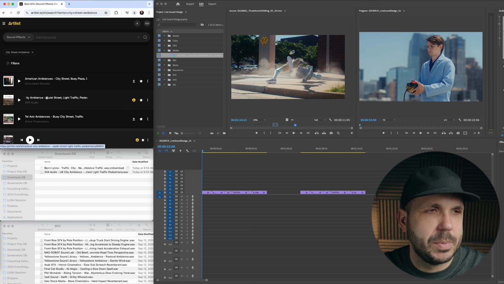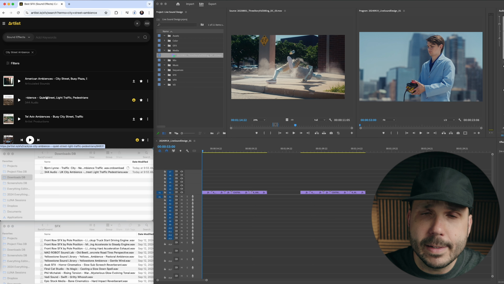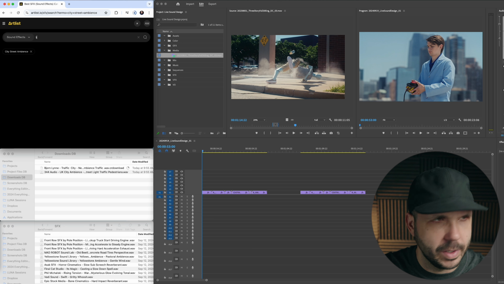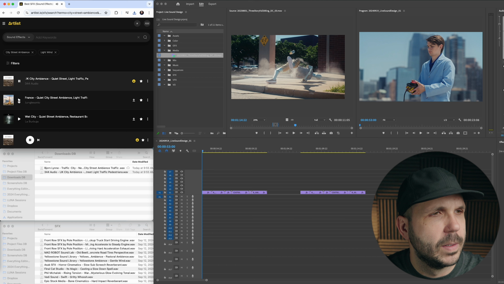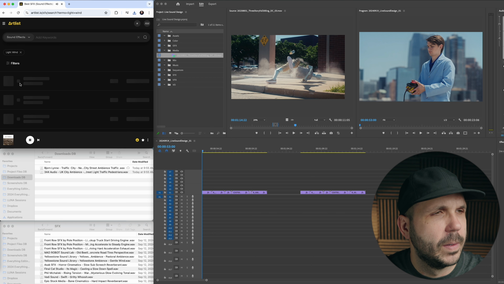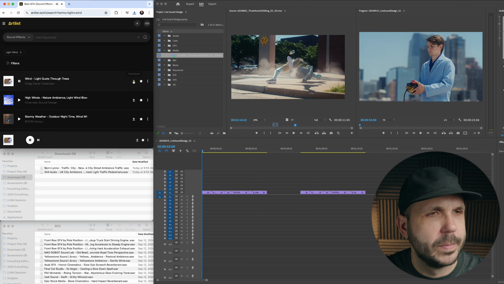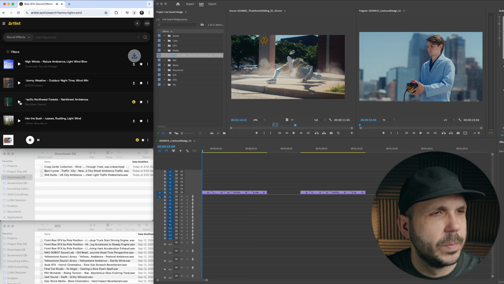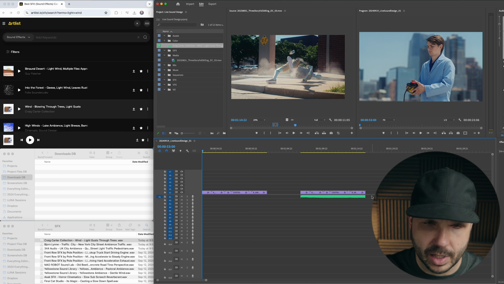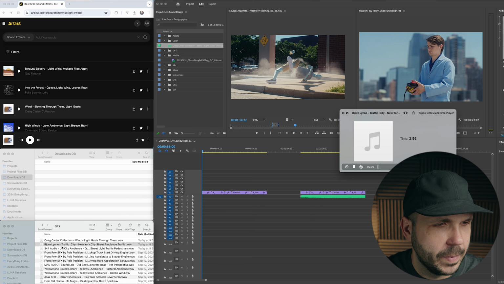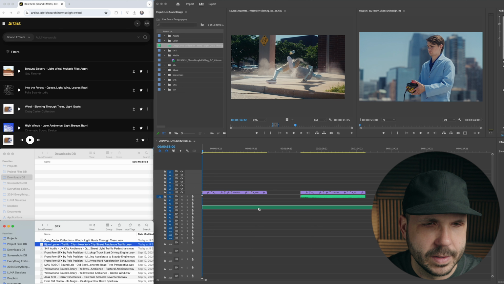And now as an alternate option, I'm thinking just like a subtle wind in the background. So I'll do light wind. Kind of like that first one. We'll put the wind on one of these, chop it up. I think I'm going to use this ambiance